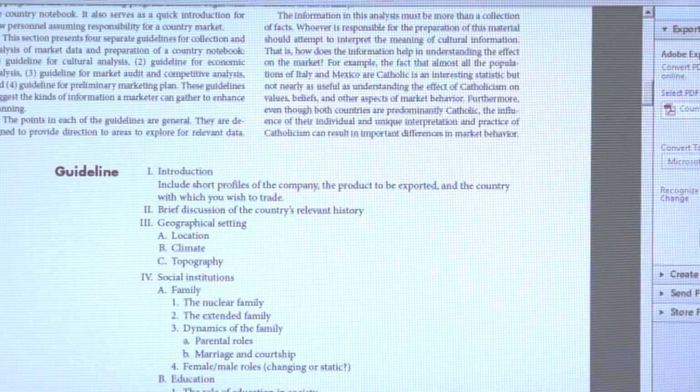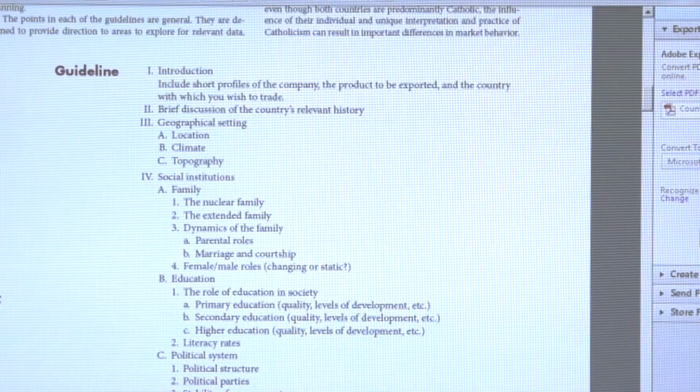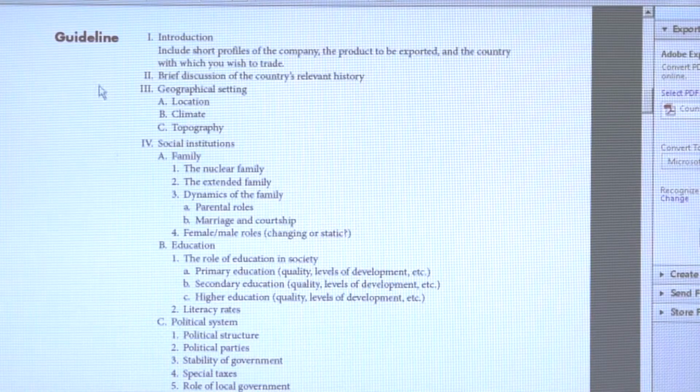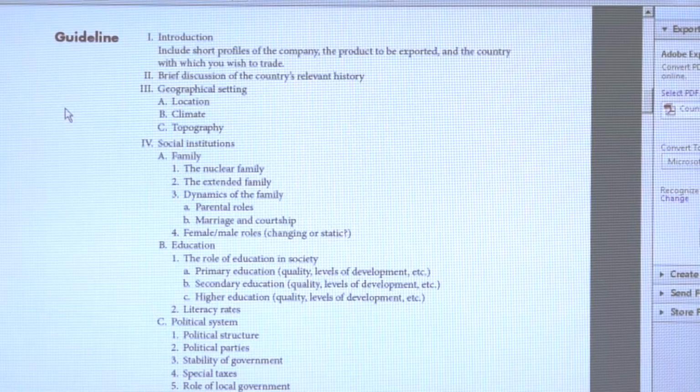So, let's start with a couple of these that I've asked people to do. Number one is a brief discussion of the country's relevant history. Now, this text takes place in the context of post-World War II. So if you want to, you can give us a little blurb about what the country was like before World War II, a general description, and then take it after World War II, and again, in broad brushstrokes. I don't want a book on this. I want relevant facts for someone doing business, okay?